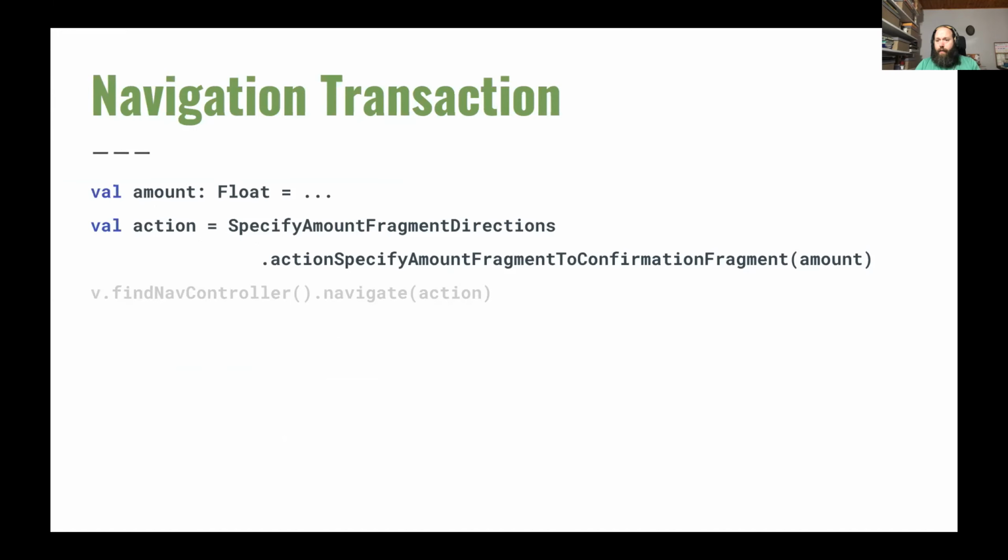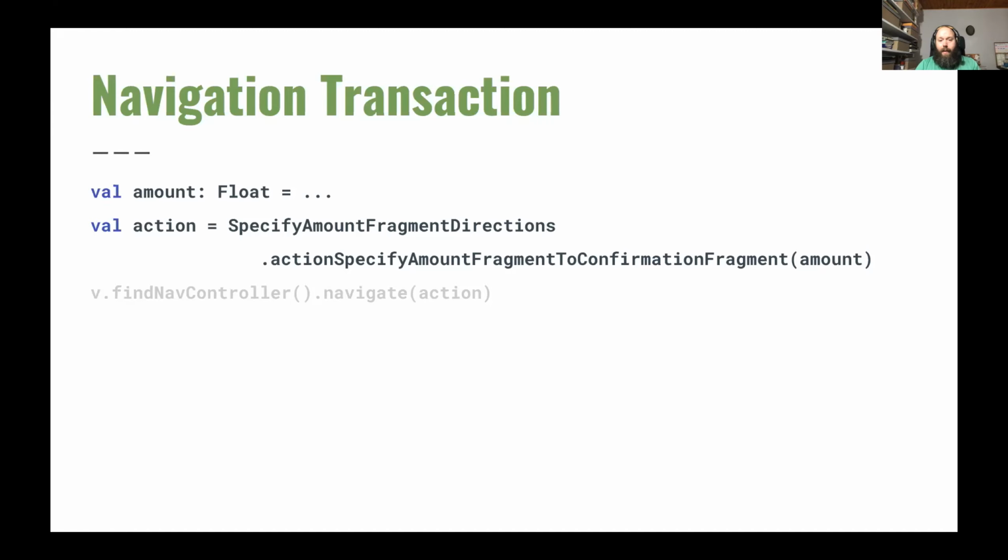In the navigation graph, once you select a direction, you can easily specify which kind of arguments you want to put. You can use integer, float, string, or even your custom class. It should implement Parcelable, but it can be passed as an argument. Then the Safe Args plugin will create a special class for you, will generate it.